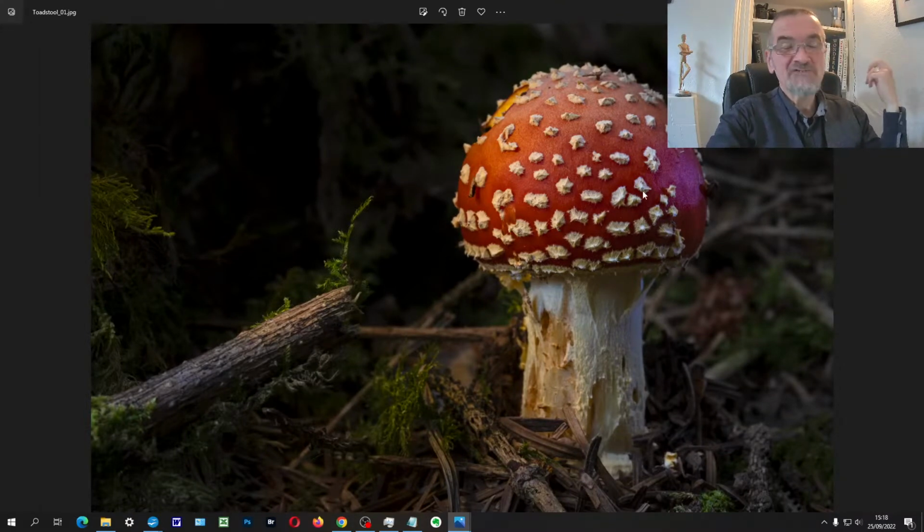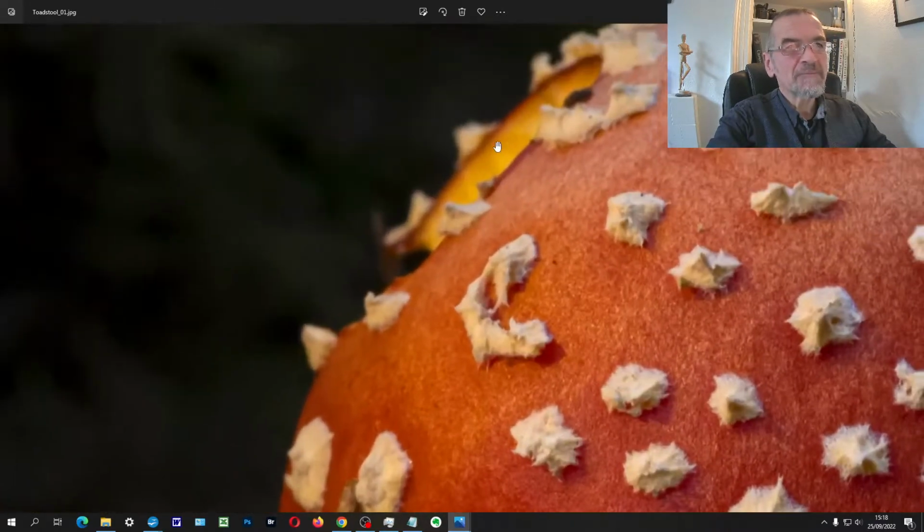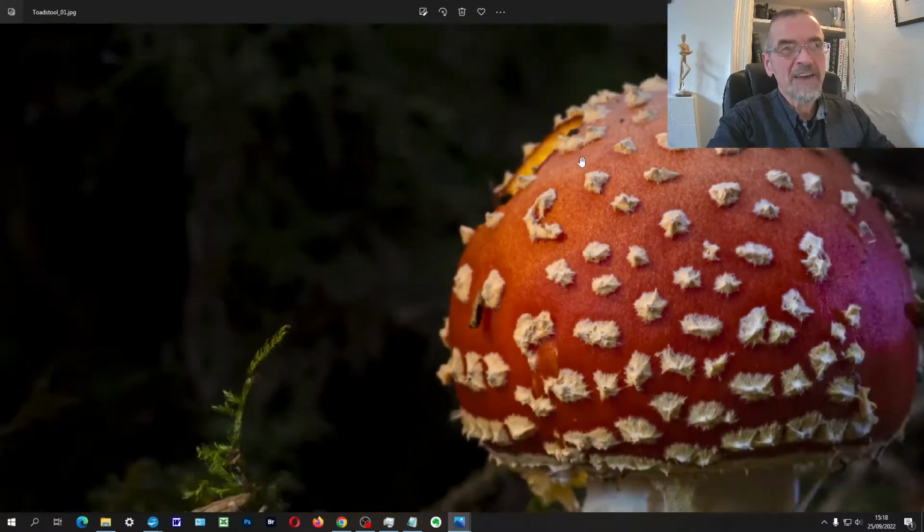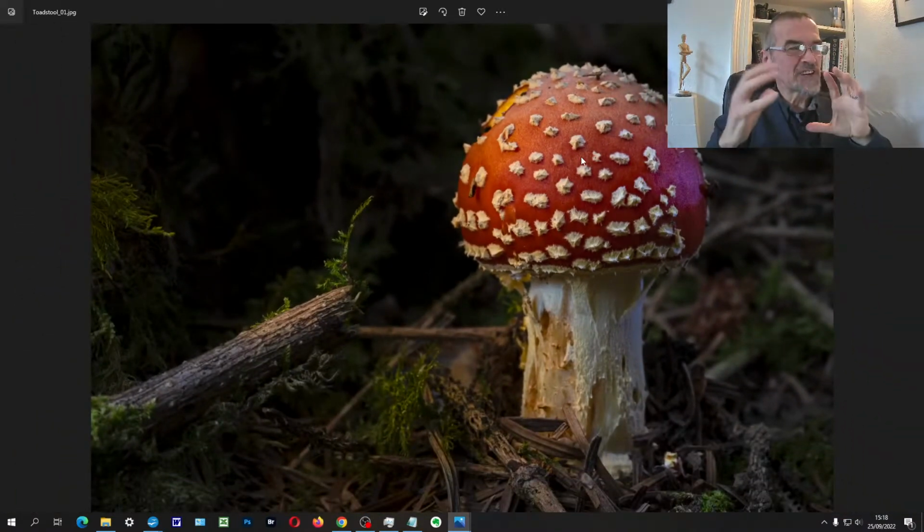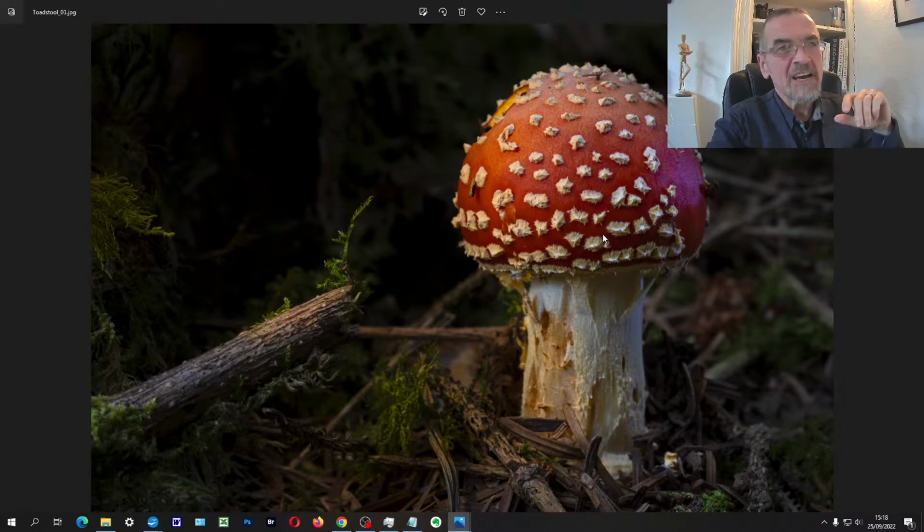But then there's the classic, and you can hunt for years, I think, to try and find a nice red mushroom with all the white dots on it. Again, not absolutely perfect. We've got a little bit chewed out of the top there. I moved around a little bit until I could find the majority of this. What we do have is the torch coming down from the left with a little orange gel on it,